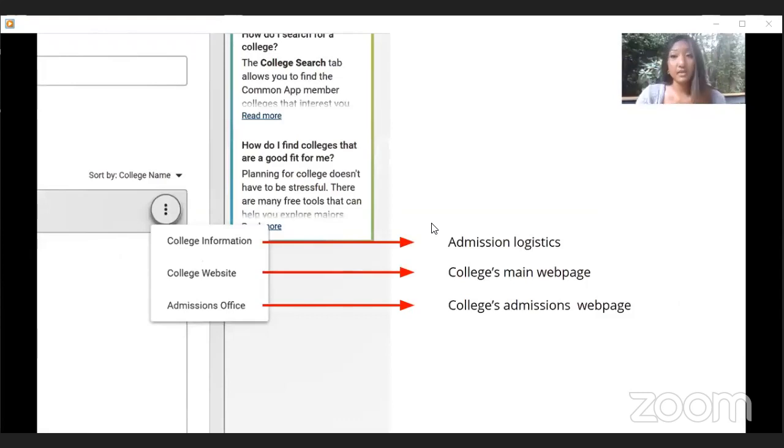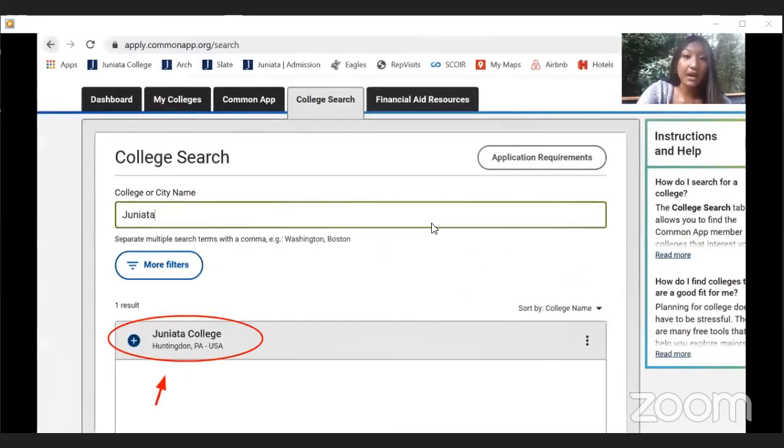You have a college information link, which takes you to the admission logistics page for that college on the actual Common App. You also have the college website, which takes you to the college's main webpage. And you have the admissions office, which takes you to the college's admissions webpage. Now, going back to the main page of the college search,